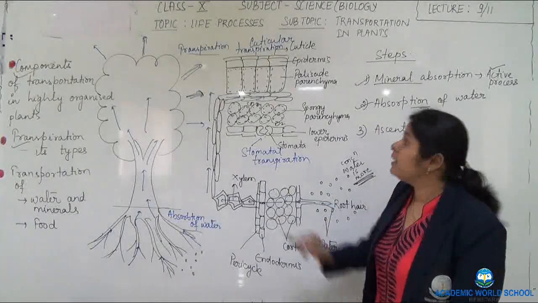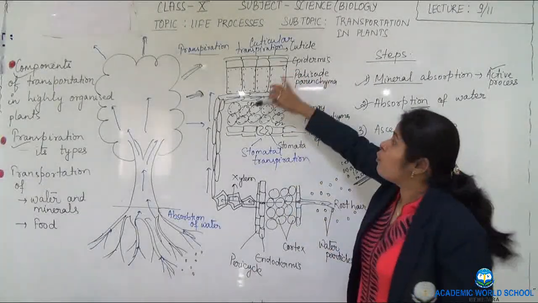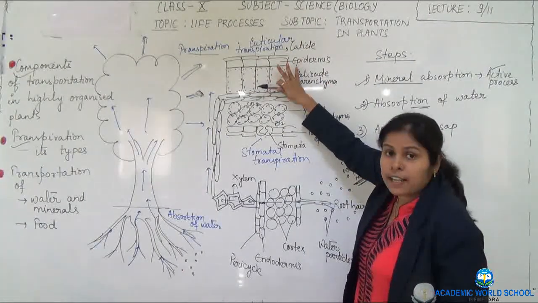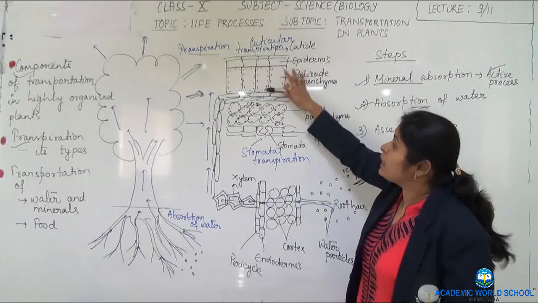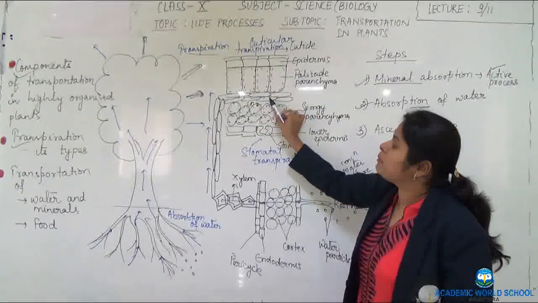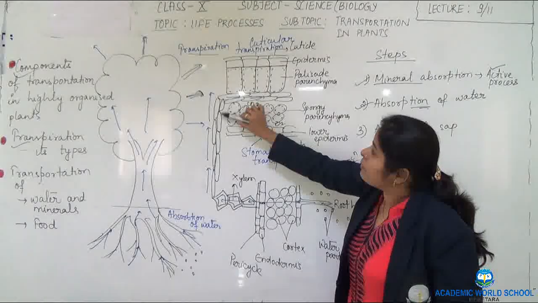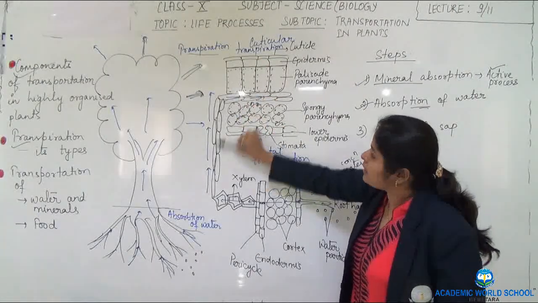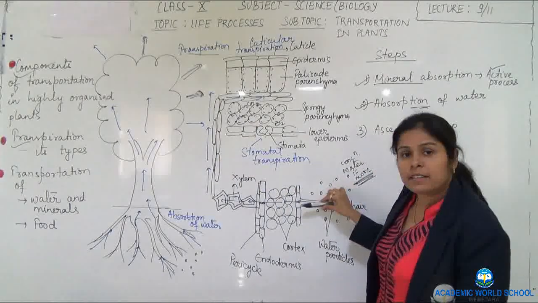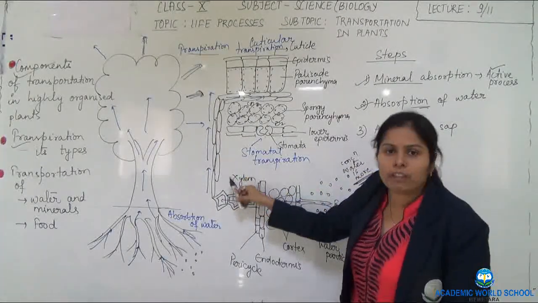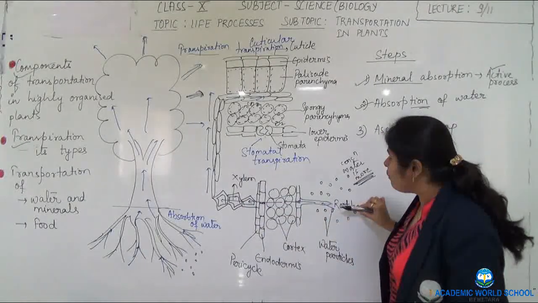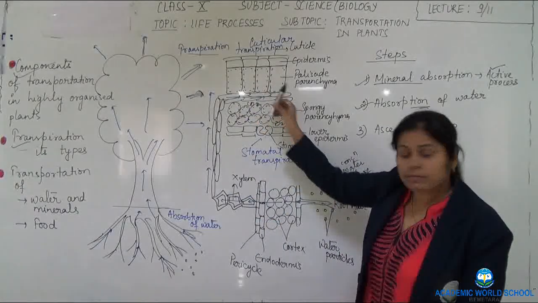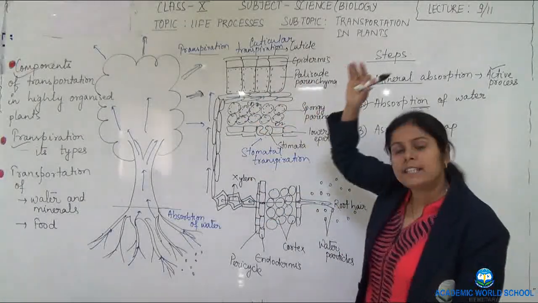Now we have to understand that when transpiration takes place, water is lost. Now when water is lost, a deficiency is created in the cells. To fill that deficiency, water from adjacent cells will come to fill up the space. In this way, if here the deficiency is there, water from this cell will come here, and this and so on, and this will create a transpiration pull, a suction pull, as a result of which this water will move from the root here to the leaf. This will happen when the plant is very tall.